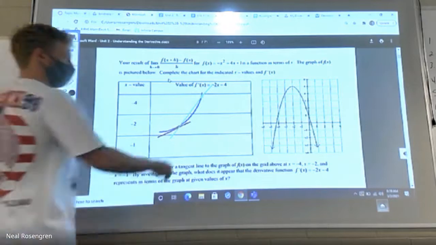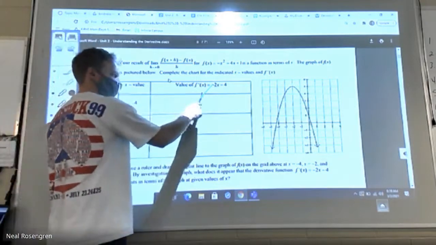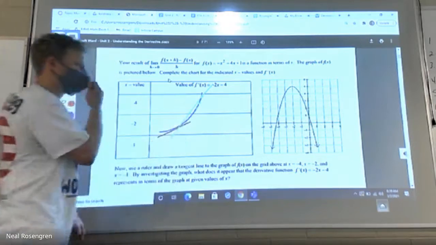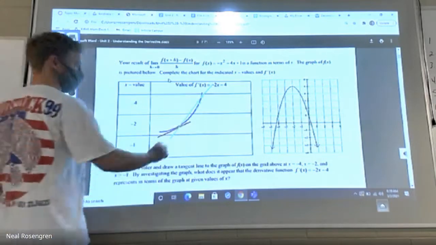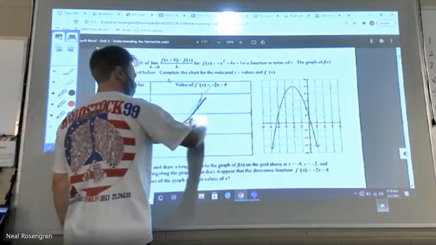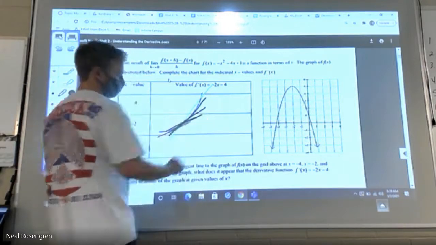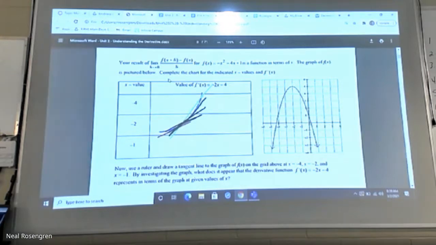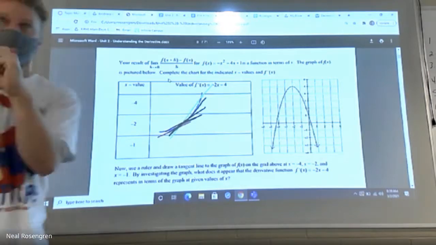But then we said, what if I move this point a little closer, and a little closer, and a little closer? As I start drawing lines through those points, you can see that the black lines start to approach the red. And that's the idea. As nice as it is to be close, we want to be perfect, and the only way to do that is to make those points one and the same.